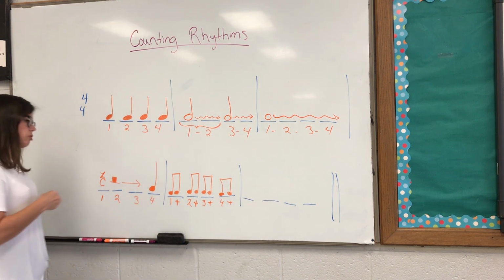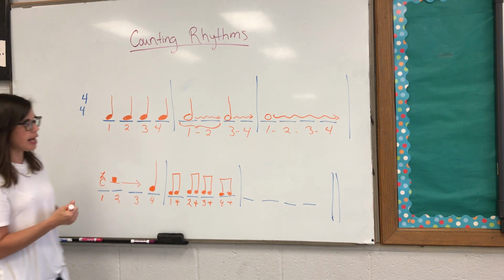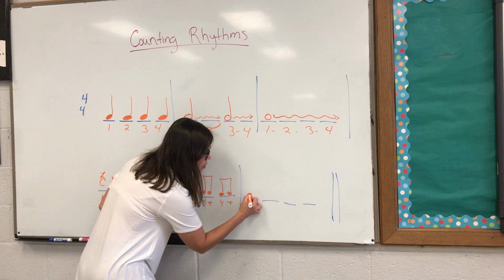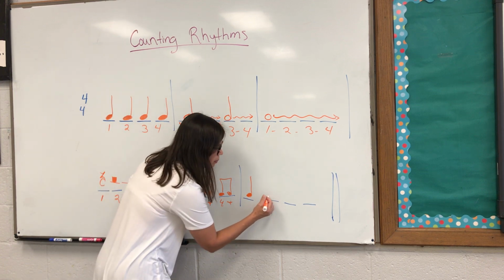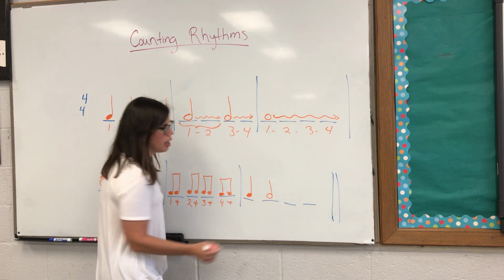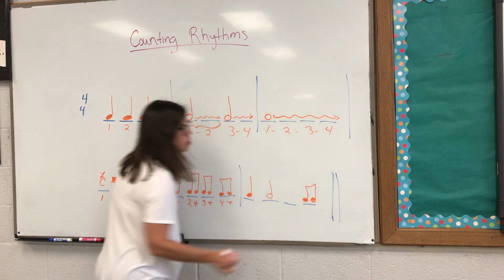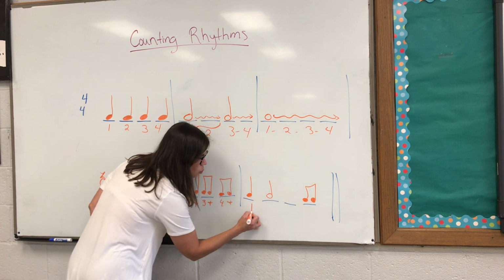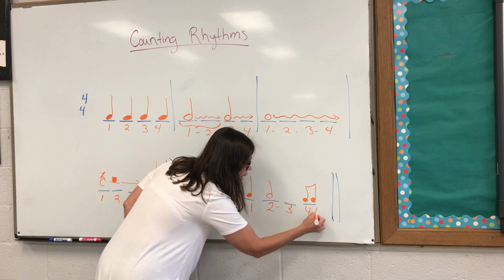But what I am going to do is use some of my notes and rests, and I'm going to create this last measure. So I'm going to put a quarter note on the first beat of the last measure. Then I'm going to put a half note, and then I'm going to end with a pair of eighth notes. The way I would say this, if I were going to clap this rhythm, is 1, 2, 3, 4, and,